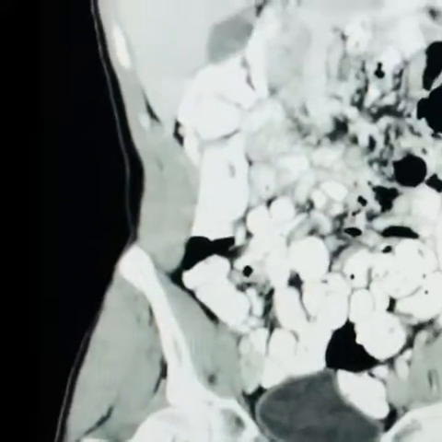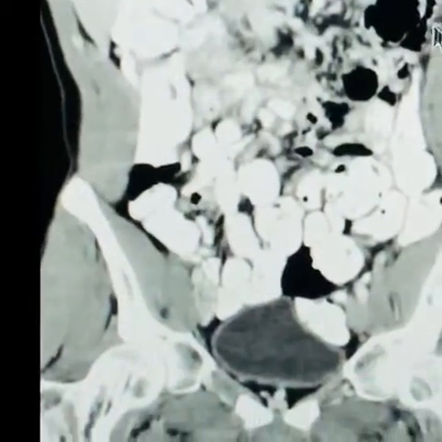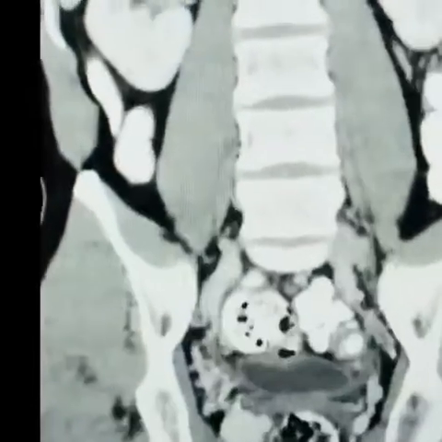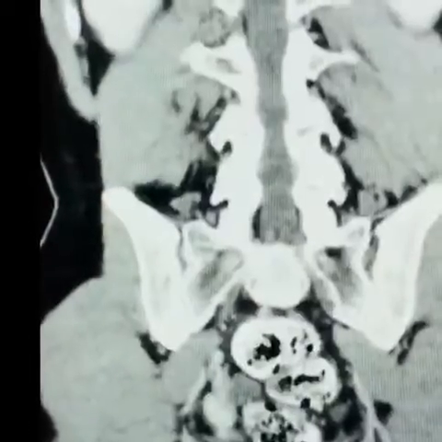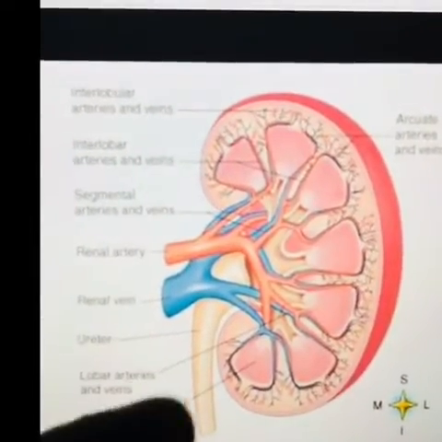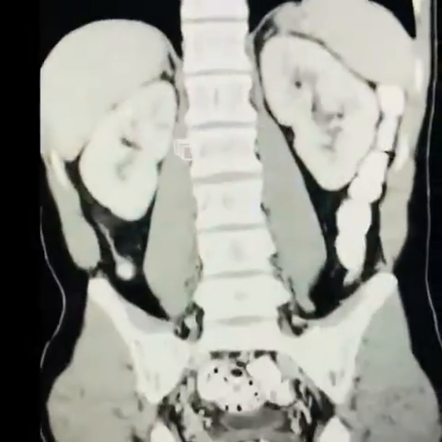We will also notice the gallbladder. Don't want to jump too far ahead, but the gallbladder has fluid in it, so you can see the color is the same, and that's the color of fluid on a CAT scan. So cysts that are filled with fluid can appear that way, or abscesses. I want to look at the kidney. So this is the kidney right here. You have a renal artery, you have a vein, and you have a ureter that sends urine down to the bladder. We won't get into all that now, but